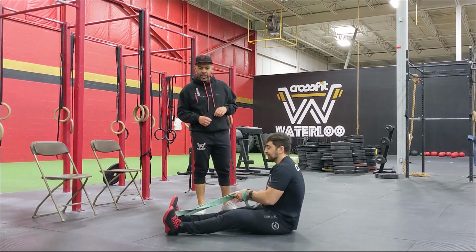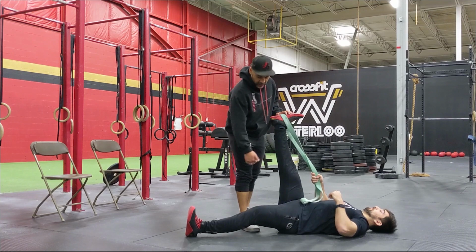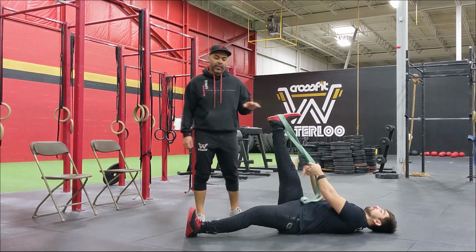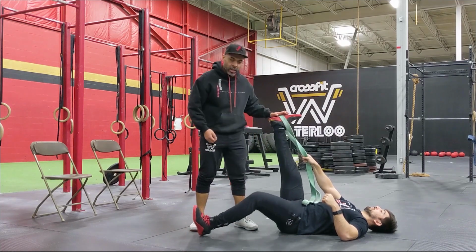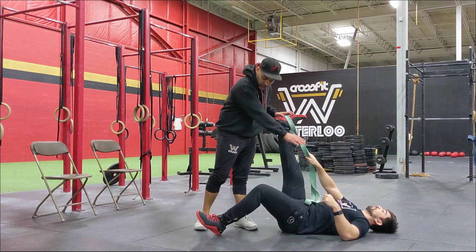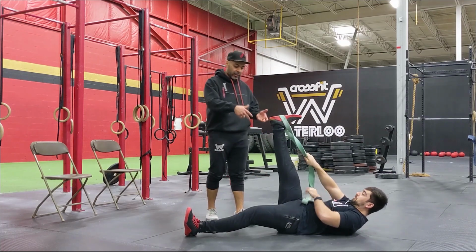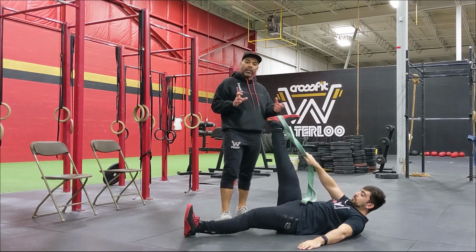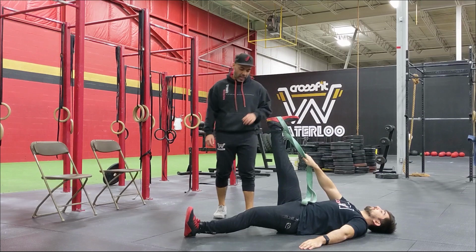So a couple points that you want to think about. Leg as straight as possible to get into that hamstring. For those of you that can do that, but it hurts a lot, you can bend your opposite knee to lessen the tension in that hamstring. Or if you want to get more, you straighten that knee back down to the floor, where then it stabilizes your hips, keeps your hips in the right position, where it gets a little bit more out of the